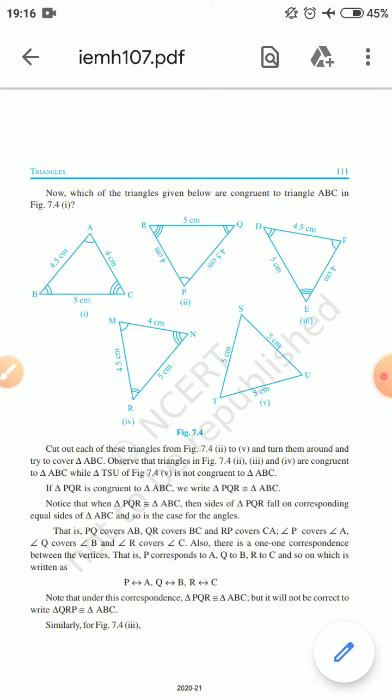All of the dimensions present in these triangles are of equal length and equal measurement, so we can say that these triangles are congruent. But the fifth figure is not congruent,